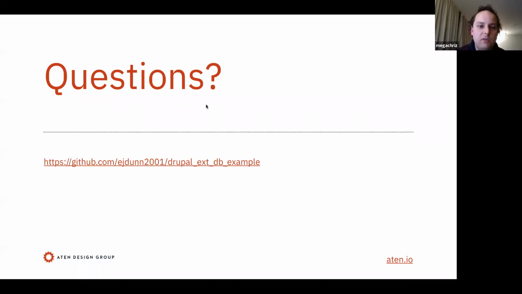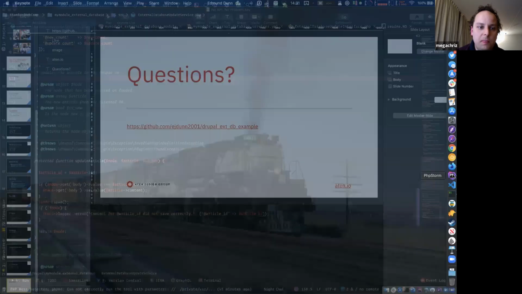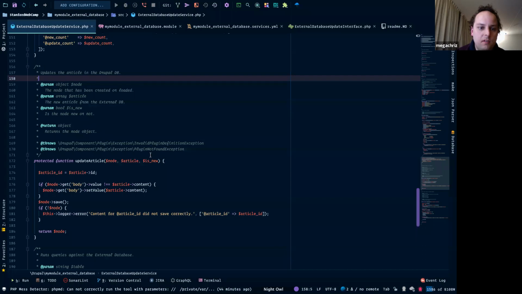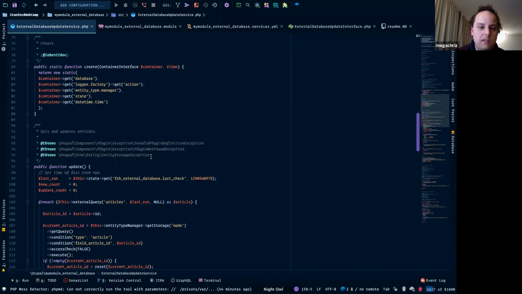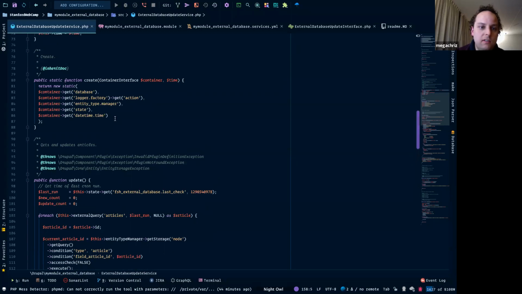If you go back to your file, in the create method, I saw logger factory get action.